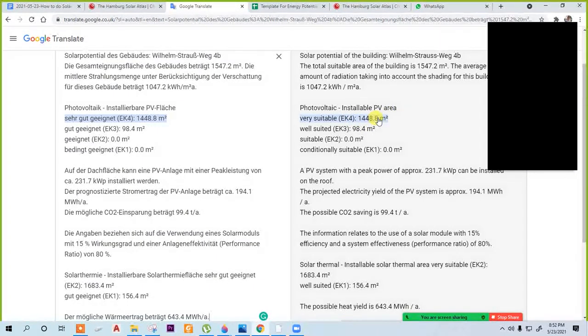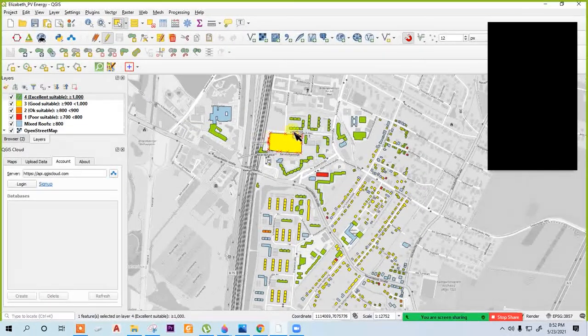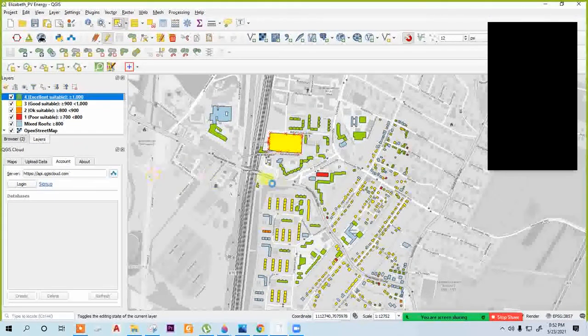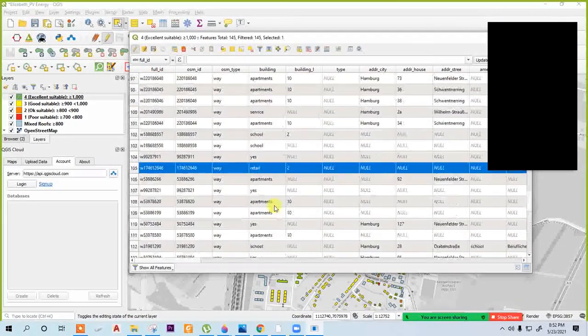Then we will get the built area from QGIS. Just go to our QGIS, find the same building in your location, right click on the layer, and open the attribute table. It will be blue here. Yes, this is the blue one, and you will get the area.